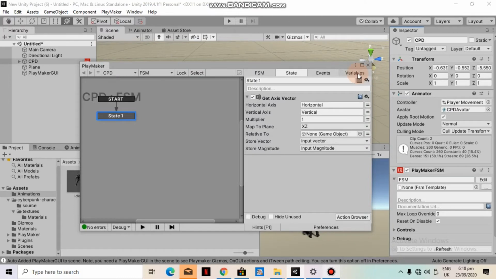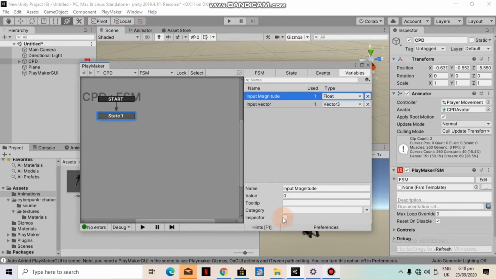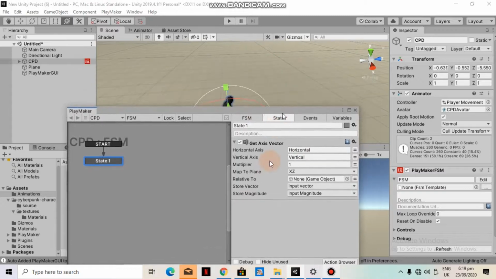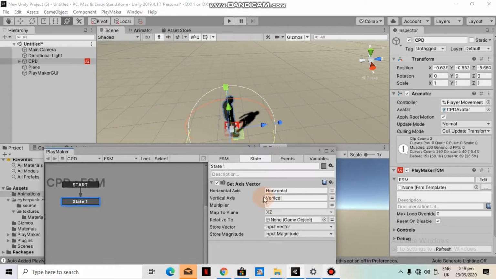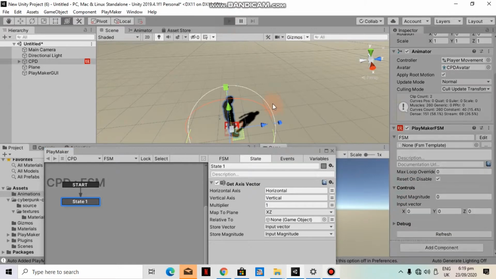Then we're gonna come into variables over here. We're gonna click on input vector and check inspector, input mag, then check inspector. What this get axis vector means is when we press the WASD keys on the keyboard, our character should move. So we're gonna come into the inspector over here, then we're gonna check controls, and when we play the game,